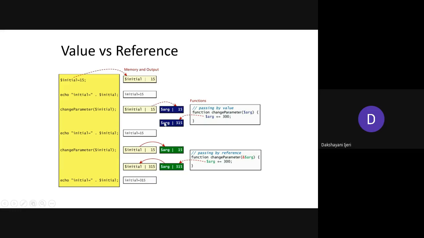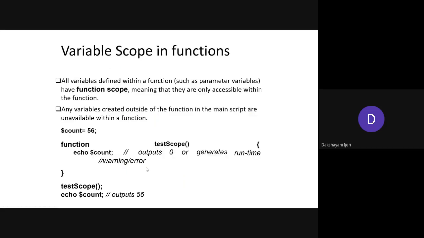So whenever you change any value with the arg variable, it is not reflected in the initial one. Correct. Though you are passing 15 with the ARG, it will not be reflected over here. Right. In the reference case, once you call that function by passing the initial variable, the ARG is also considered as 15. Since you are using an ampersand symbol, it is going to point back to the same memory location. Here it has not been indicated. These two are going to point to the same memory location. So whatever changes you make to this ARG will be reflected in that variable name also. Okay, so that is the difference between call by value and call by reference.